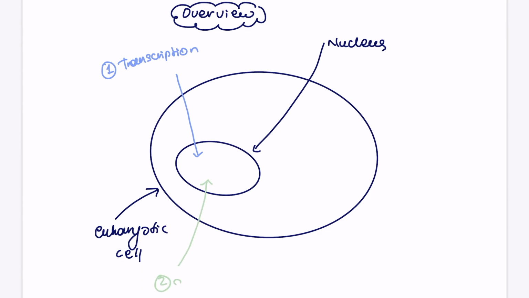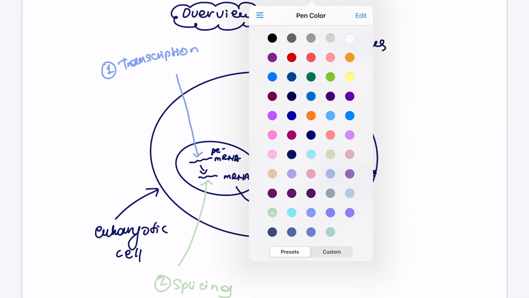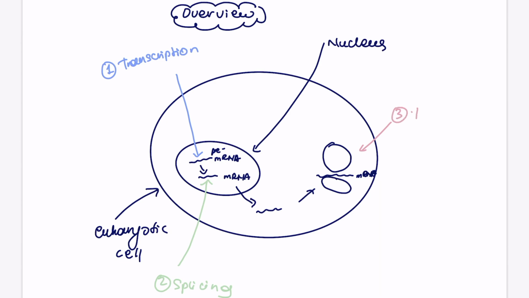Then the second process we covered is splicing. So cutting out of the non-coding sections of pre-mRNA, which are called introns, and then making it into mature mRNA. And then mRNA will leave the nucleus and it will travel to the ribosome where the translation will occur. So let's just label it over here. Okay, so this is, guys, what we covered so far: transcription, splicing, and in this video we're going to talk